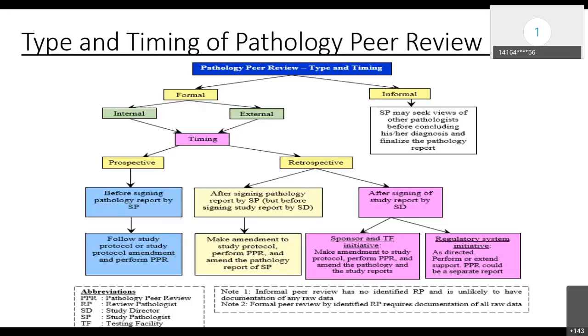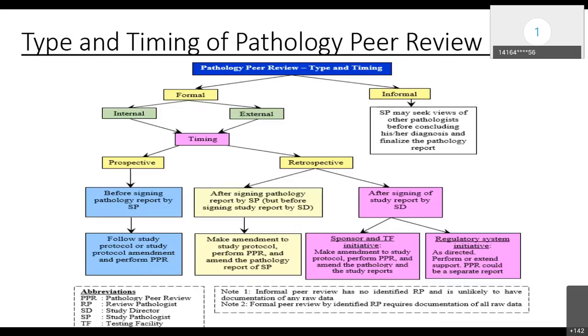So in case of prospective peer review, the expert pathologist conducts the slide examination before the study pathologist finalizes the pathology report. If any changes are needed, then follow the study plan, take the amendment, and perform the peer review. And in case of retrospective peer review,